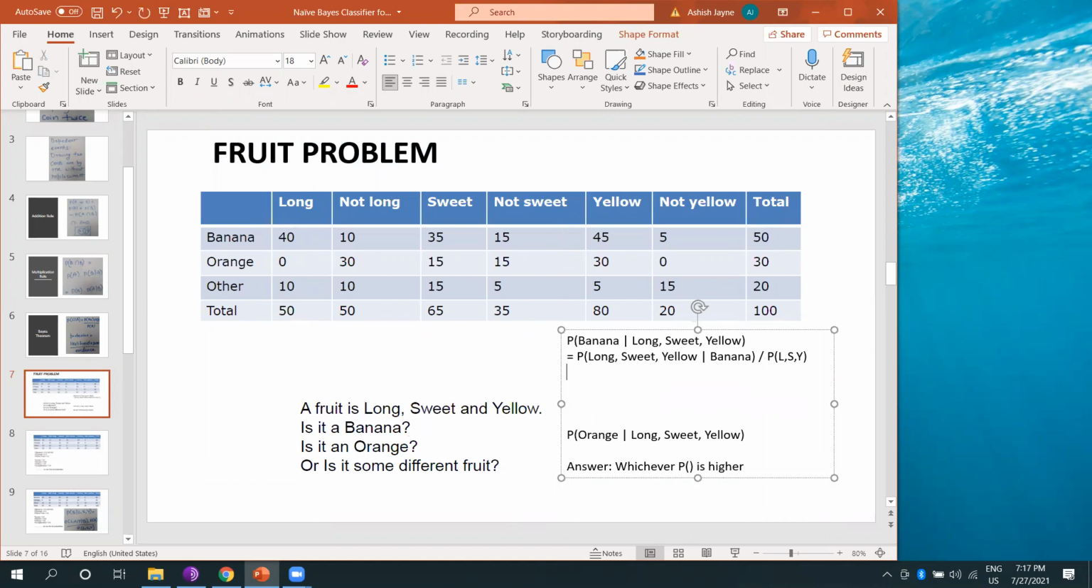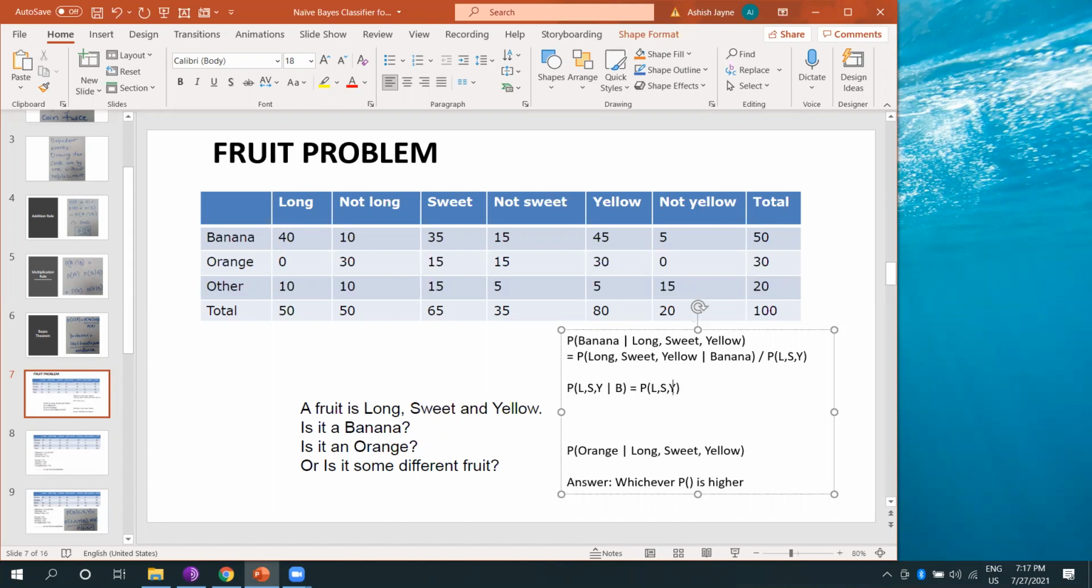P(B | L, S, Y) is equal to P(L, S, Y | B) times P(B), divided by P(L, S, Y), where B is banana. Now, in this way, if we want to find out, when we say naive Bayes,